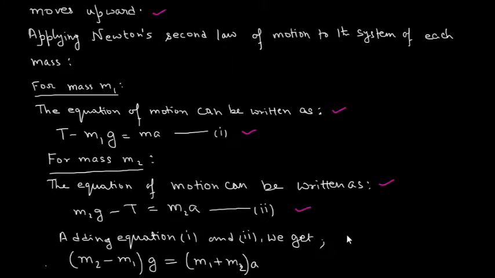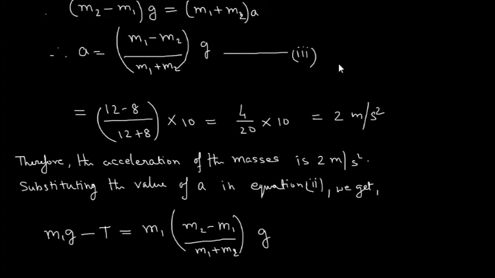Adding equation 1 and 2, we get (m2 minus m1)g is equal to (m1 plus m2)a. a is equal to (m2 minus m1) upon (m1 plus m2) g, that is equation number 3,